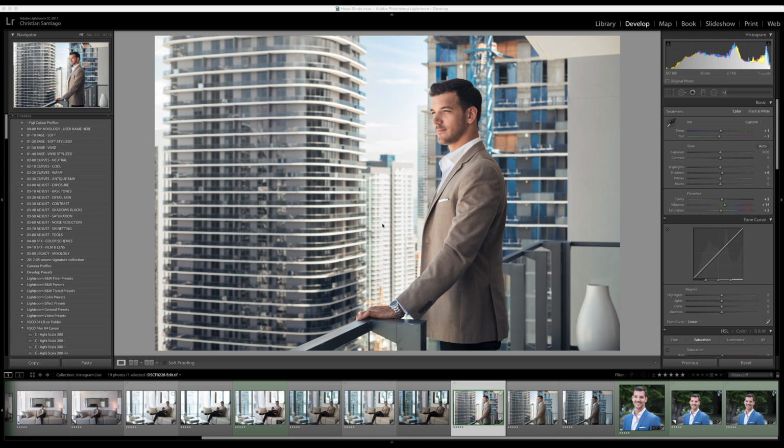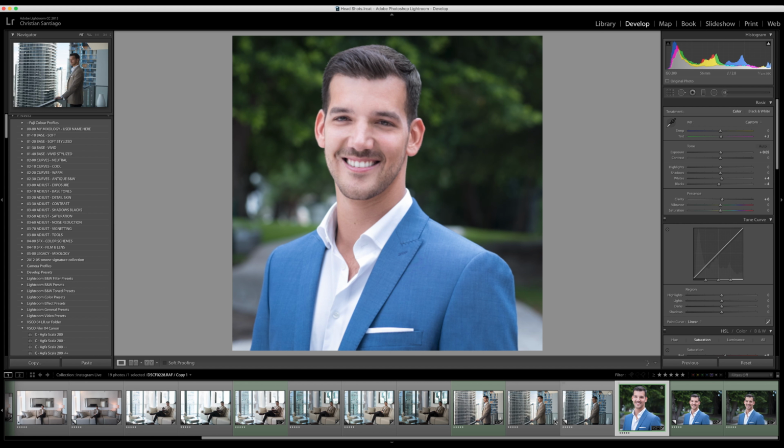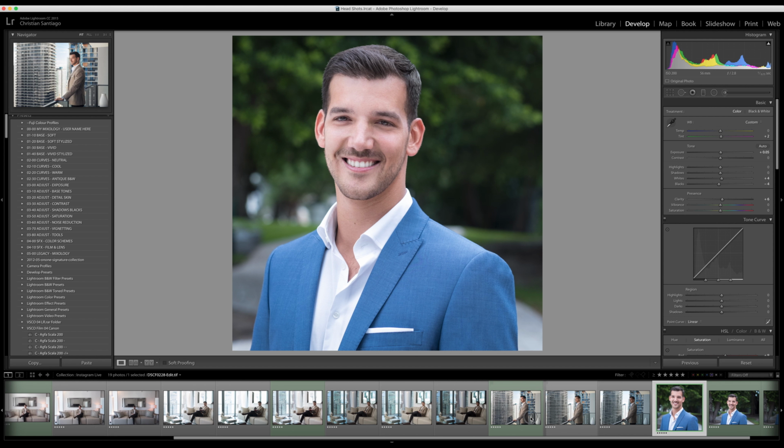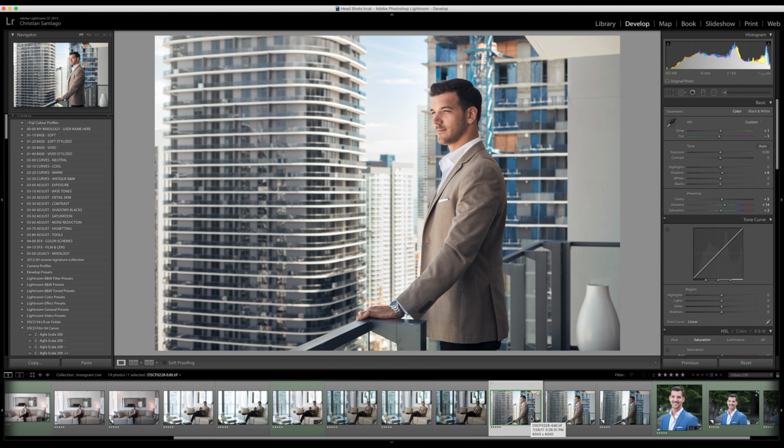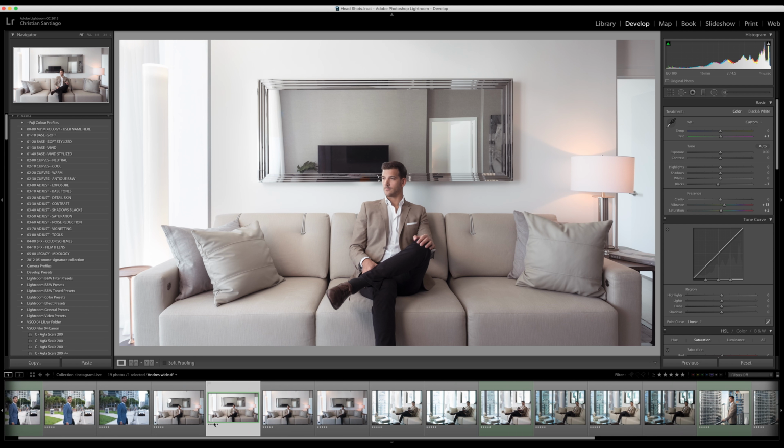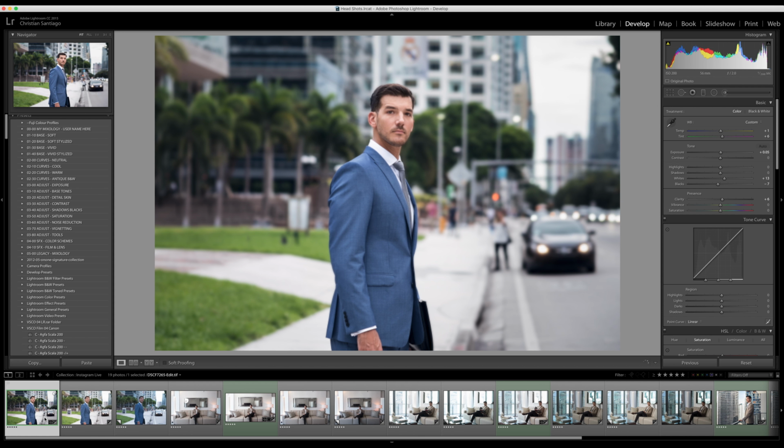I have a couple of images that we're going to go through, such as this headshot that I did. This is actually for a realtor, and I'll start with the purpose of these photos. This isn't all the photos that I did for the shoot, but I feel like these are the ones that could provide the most value as far as learning. The purpose was to present this realtor as an active authority in his neighborhood, in Brickell,